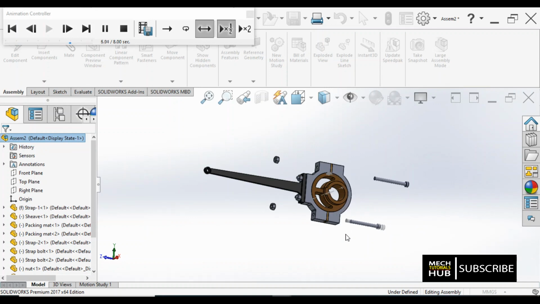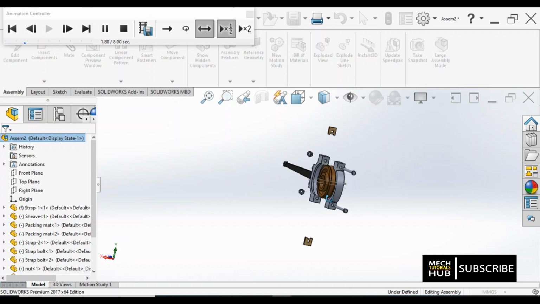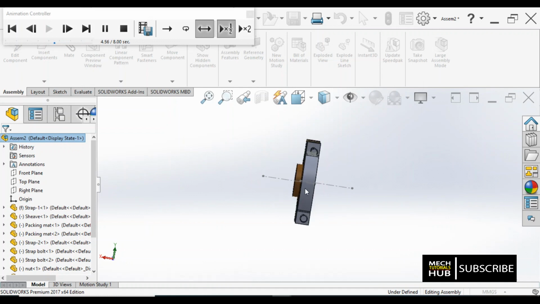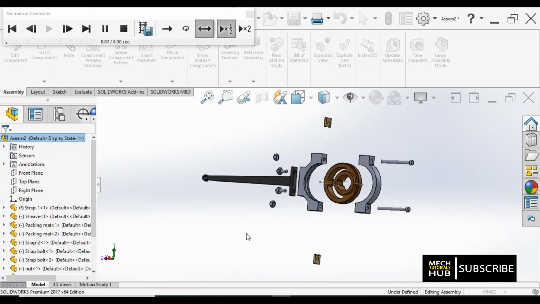Keeping one thing in mind, while dragging all the components from their working position, make sure that it should fit your window. That is very much important, or else it won't look proper. Have a look. If I keep it something like this, you can't see all the components, but still the animation is going on. This is what we learn from our basics.